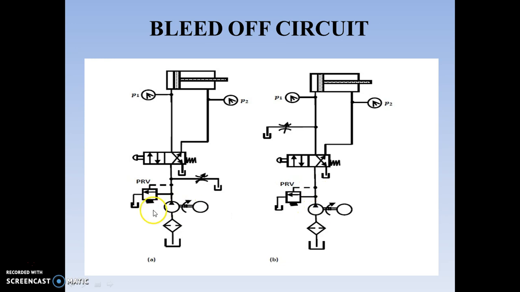The outlet of the pump enters a direction control valve. You can see the direction control valve here. In order to regulate the pressure, we are placing a pressure relief valve at the outlet of the pump. You can see the pressure relief valve here. Pressure relief valve is normally a closed valve. Only when the set pressure is exceeded, the pressure relief valve opens and the extra liquid is drained off, as a result of which it will maintain the set pressure.